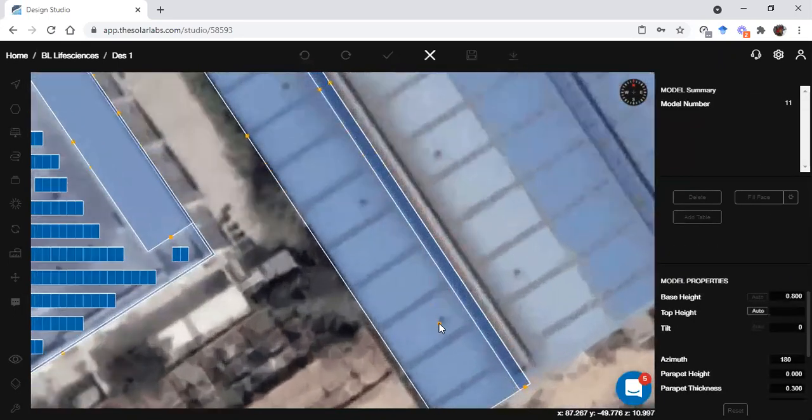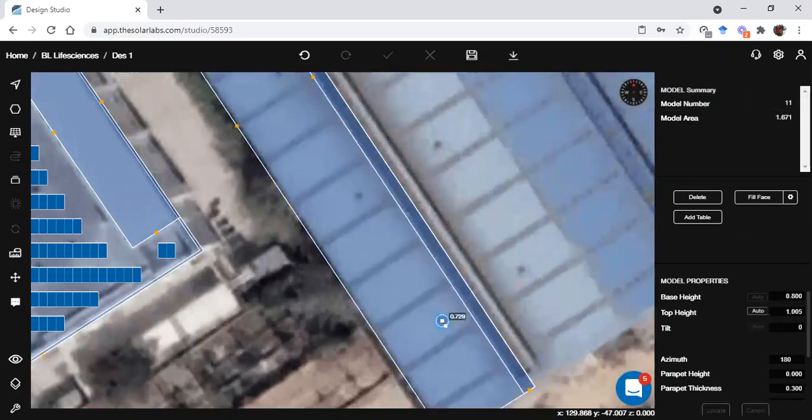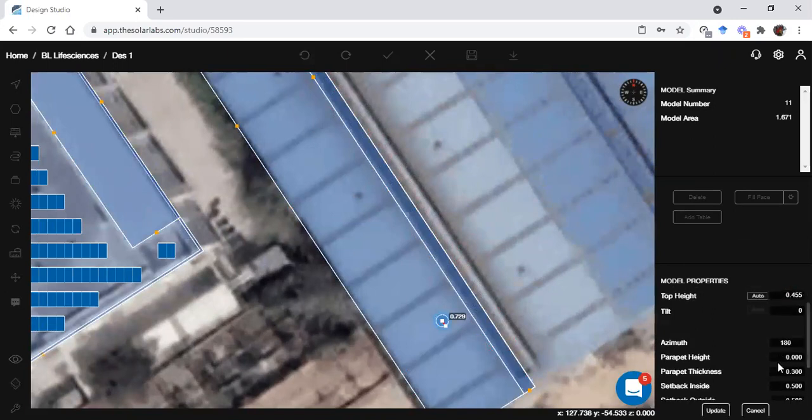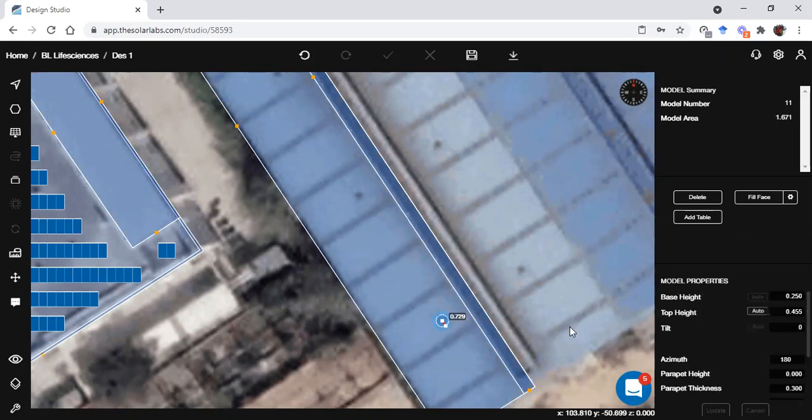I'll create these air vents using the cylinder tool. Mark them as non-placeable. Update it.